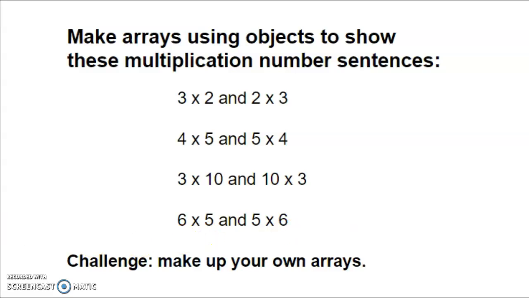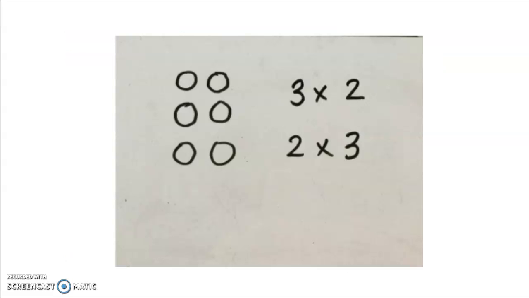Okay, so like I said, use different objects in your house. If you haven't got objects that you can use, you can do what I've done on the next slide. Here I've shown the first one. Can you see that I've done 3 times 2? So I've got 3 lots of 2. And I've also shown 2 times 3, because if I look at it this way, there are 2 groups of